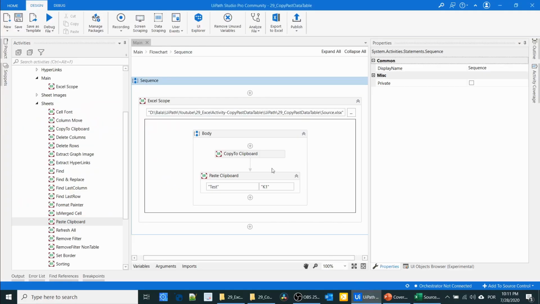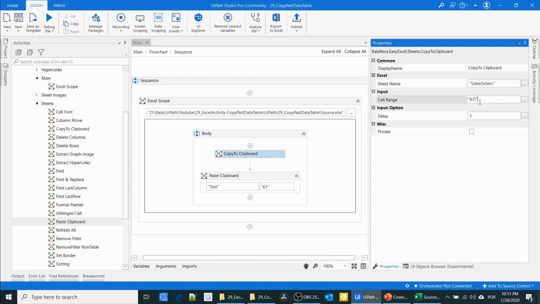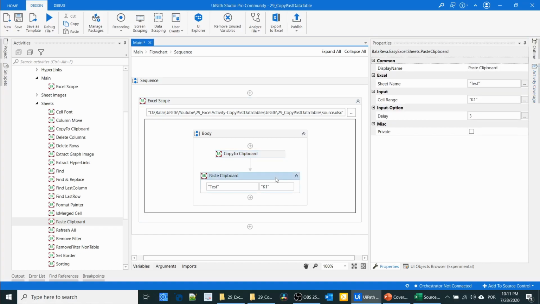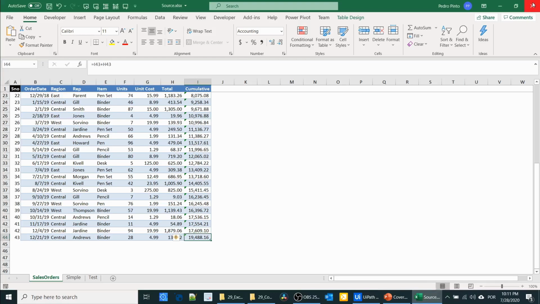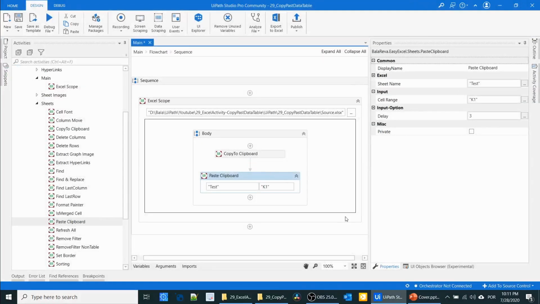So let me change the range. Here is A1 to I44. The rest of the things are the same. So I'm going to close the file, save it. Let me execute the process.